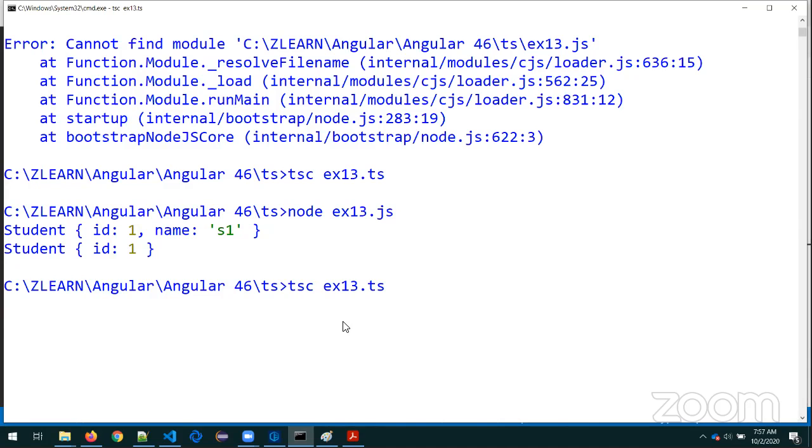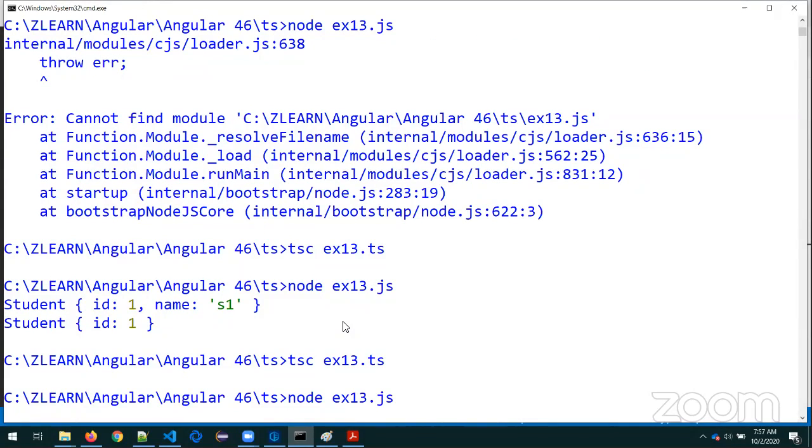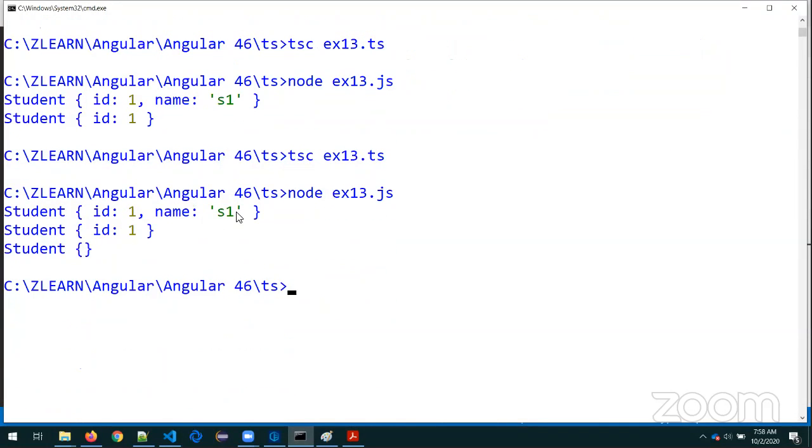TSC. Entire property will be deleted. So see here, is only the value deleted or is the entire property deleted? Only the value or the property itself? Property itself. So that is the difference from other programming languages, in TypeScript object-oriented programming. So guys, this is the way I can do it. So let me pause a minute, just a minute. So I'm creating the